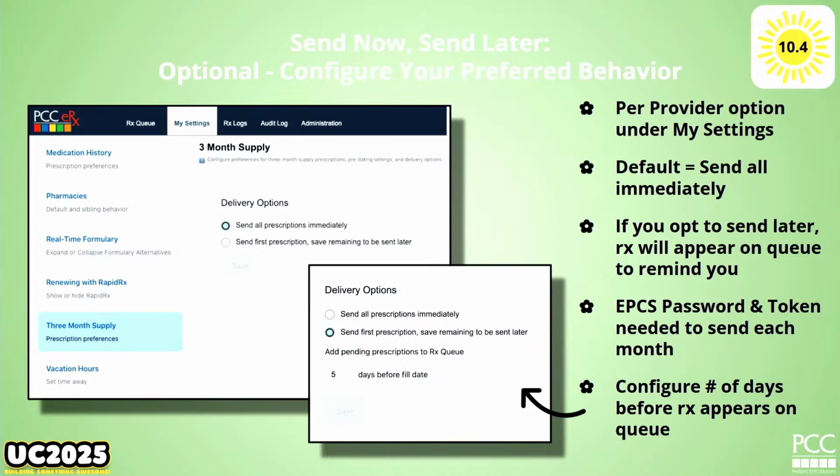Now, you might imagine that sometimes you want to send the prescription a little bit early because who knows if they have it, the patient might be running out, they might need to leave town. You could have this configured to any number of days to show up on the queue before that fill date is supposed to happen. And I know this is a lot to unpack, but if the prescription is due to be filled on August 1st, you could set it up so that it shows up 5 days before that, so you've got the time to catch up on those prescriptions and send it off if it makes sense. Does that make sense? Okay, I knew we'd have some questions on this one.